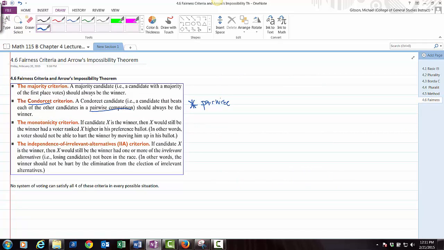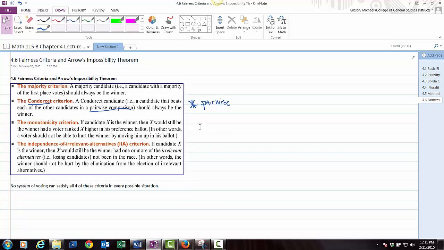But like in my sample question, you do the Borda count method, see who won. Then you do the pairwise and see if there's a Condorcet. If there was, did they win or not? That's the kind of thing they're going to ask you. Okay, so it's really just the stuff we've already done combined with thinking about what each of these definitions mean, and they'll tell you what they want. Okay,